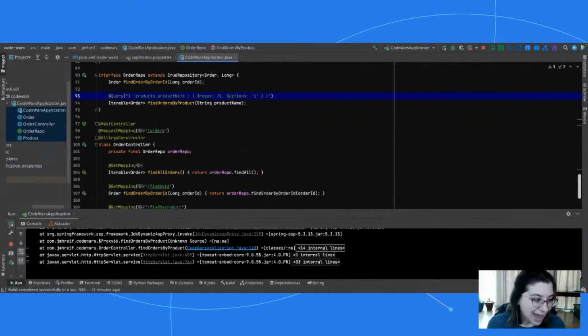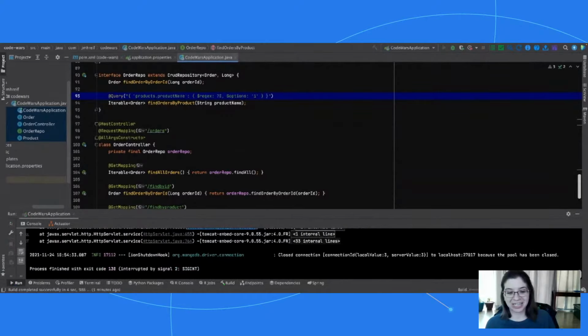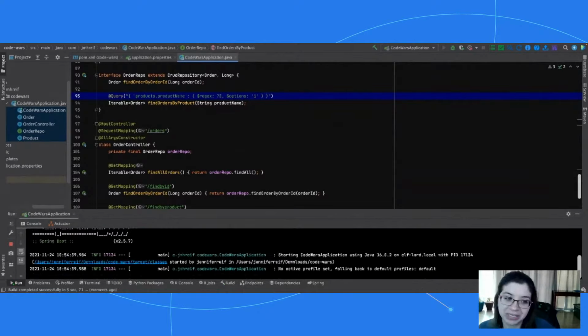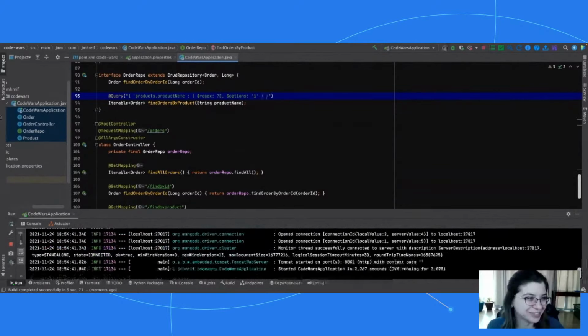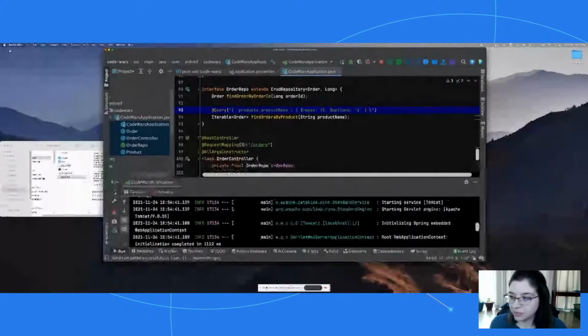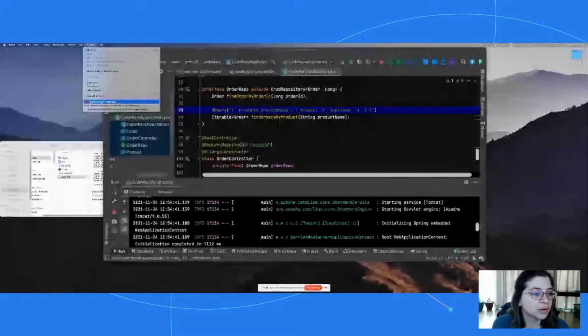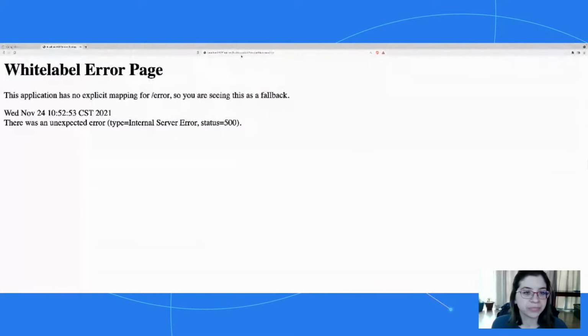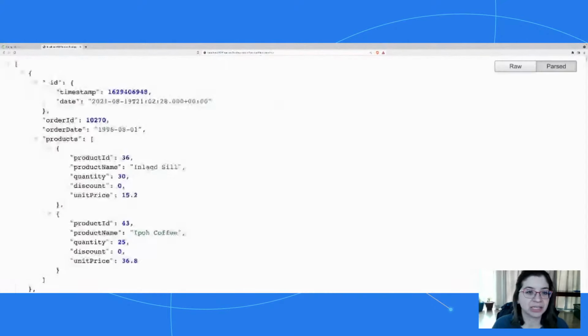Okay, now let me rerun the app, and we'll go back and run that query again and see if that fixes it, which I believe it should. I don't think I've missed anything now. Okay, so shrink this, go over to, okay, so let's run this one again. Okay, great, that's working. So we get our coffee product back.